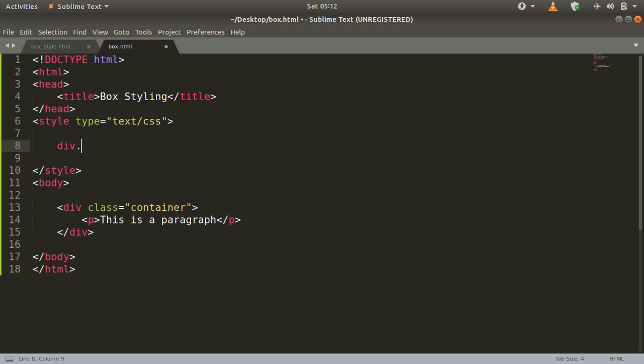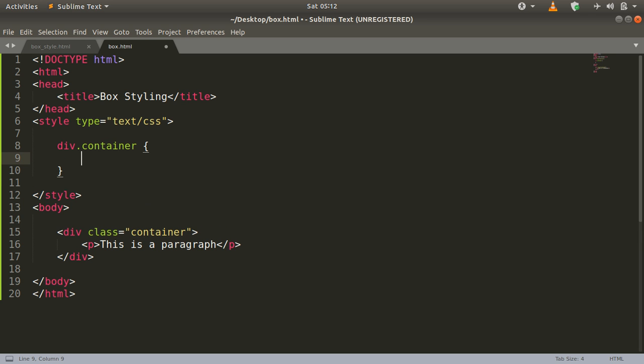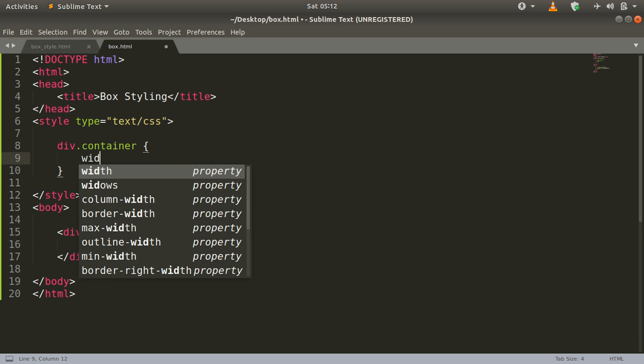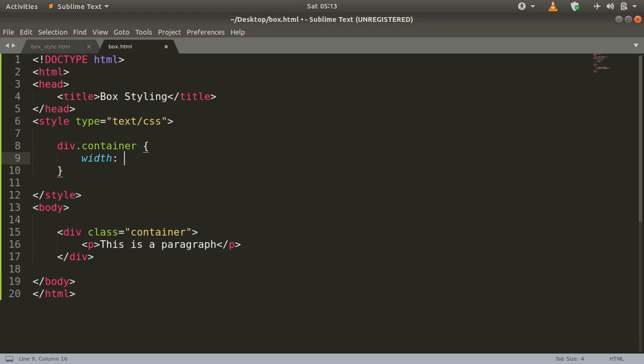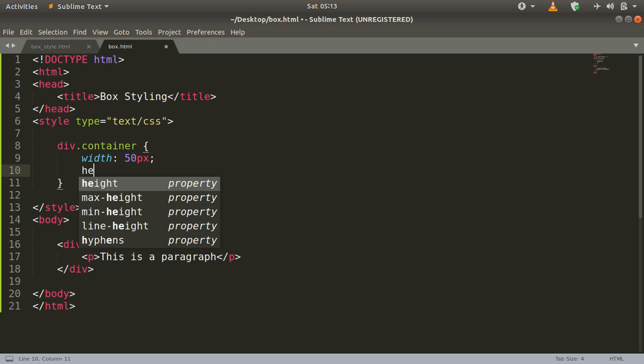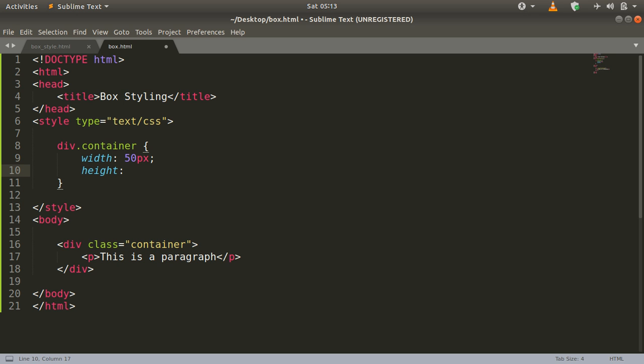We want to design a division, and inside that division we have defined a class called container. We want to specify that the width of the container should be somewhere around 50 pixels and the height of the container should be 25 pixels.